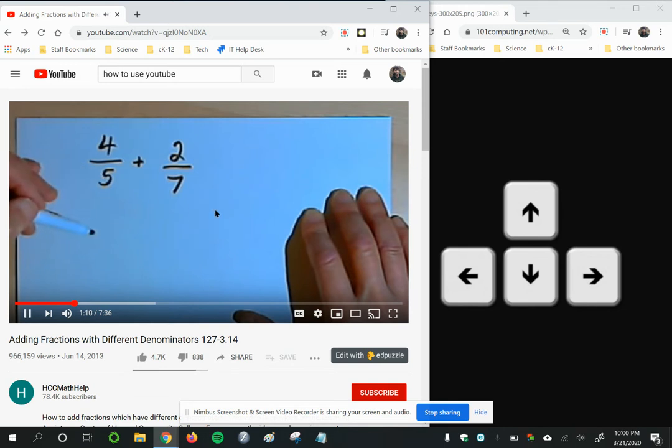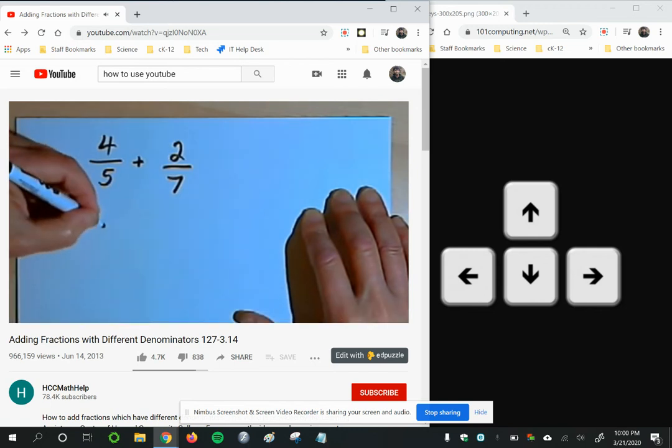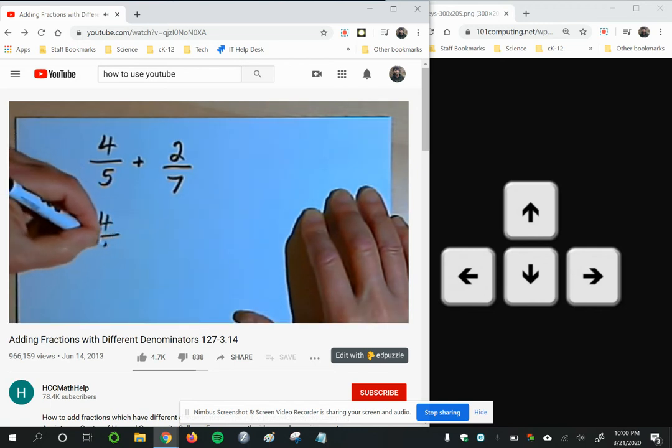Into a form with that common denominator. I'll take the first fraction, 4 over 5, and remember I wanted to multiply the denominator by 7 to make